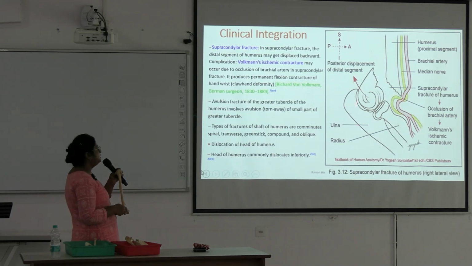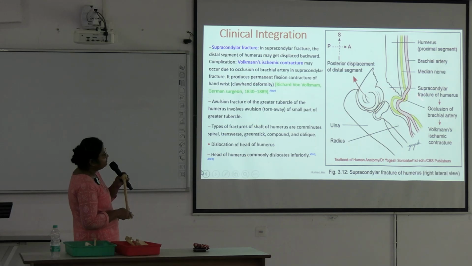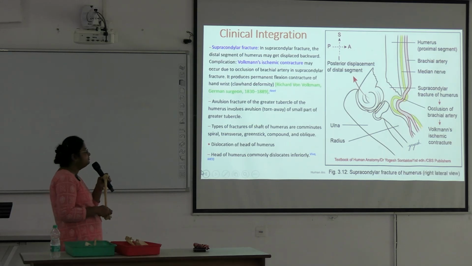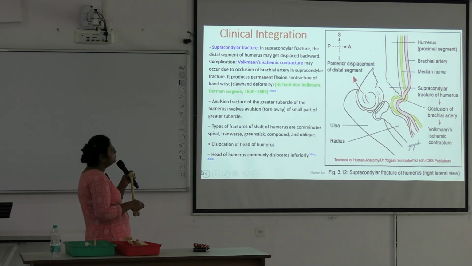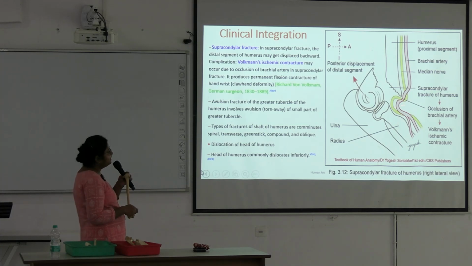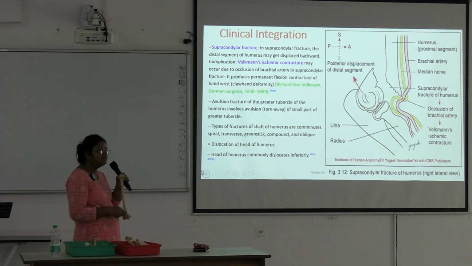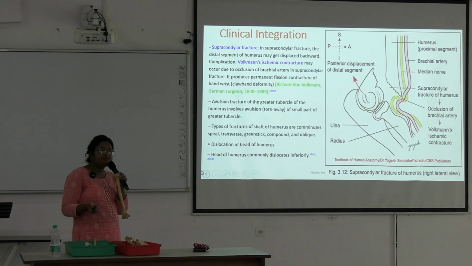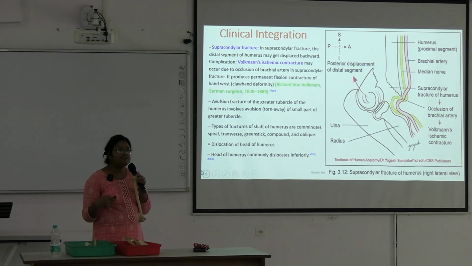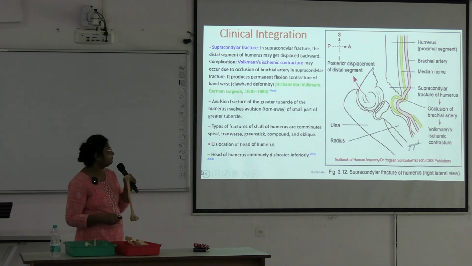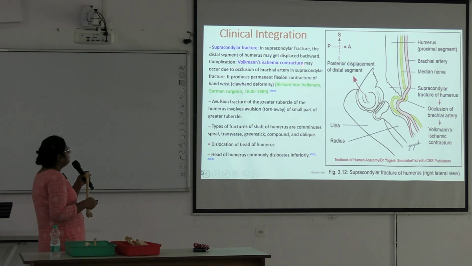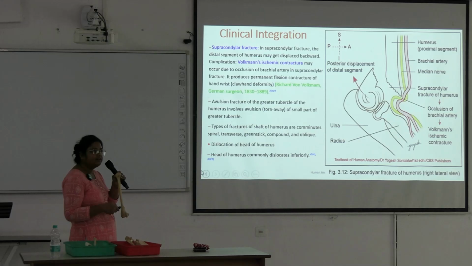Okay, and there is kinking of this brachial artery and this median nerve. By this fracture end, they will be injured. There will be heavy bleeding. If this artery is cut and if the nerve is damaged, there will be paralysis of the muscles of the forearm, and due to loss of blood supply and nerve supply, the muscle will go to fibrosis and contracture formation will occur.